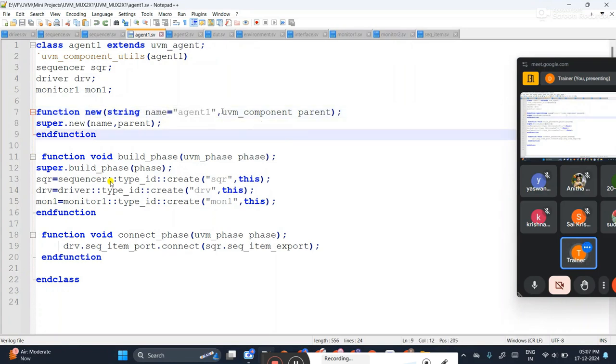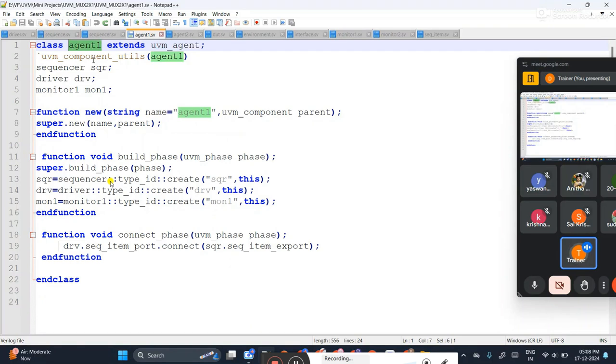Second argument is uvm_component parent. What does this parent indicate? That parent indicates the UVM agent's parent. Who is the UVM agent's parent? Its upper hierarchy, that is UVM env. Getting my point? You can understand it like this: imagine this is a parent class and this is a child class.